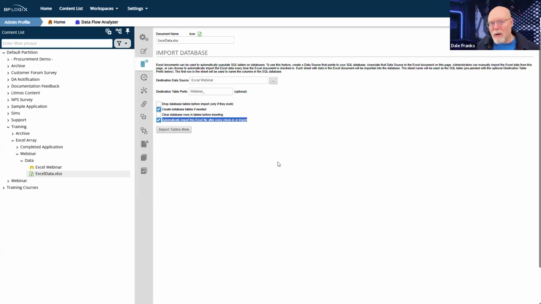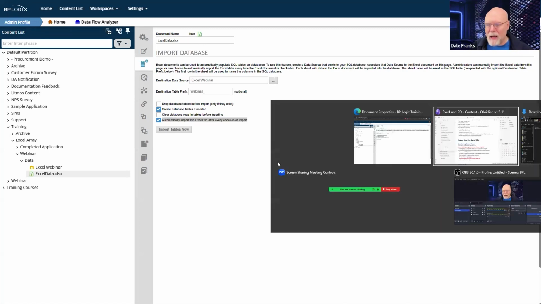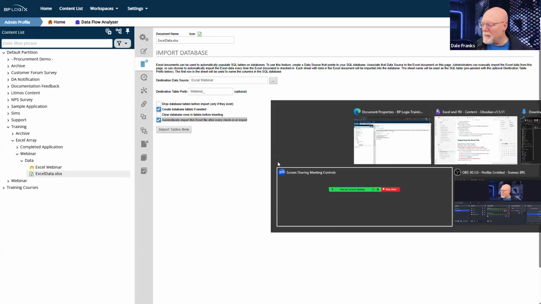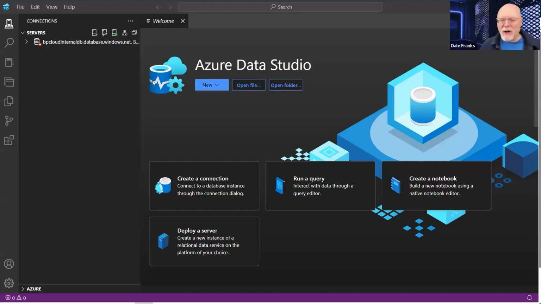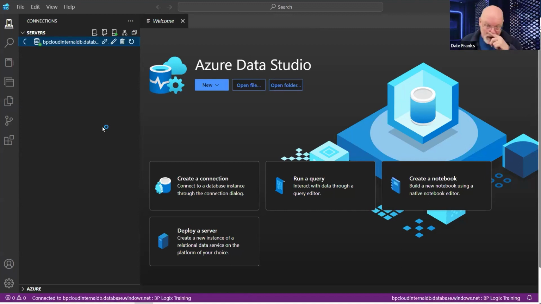If data types are important to you, this is where we have to do some thinking and planning to determine how this Excel data is going to look. And I want to demonstrate that by actually looking at our data. So I've got Azure Data Studio running, which, by the way, if you just need to look at data and play around with it and run queries, Azure Data Studio is like 1,000 times better than SQL Server Management Studio. It's free and it runs databases. So I've got my cloud database, which is the database that training runs on.